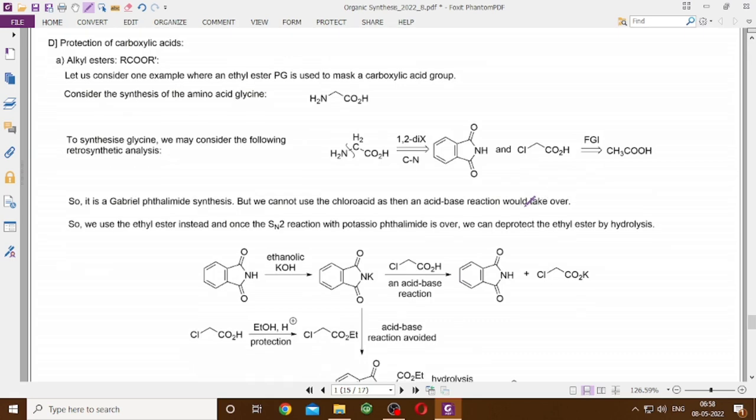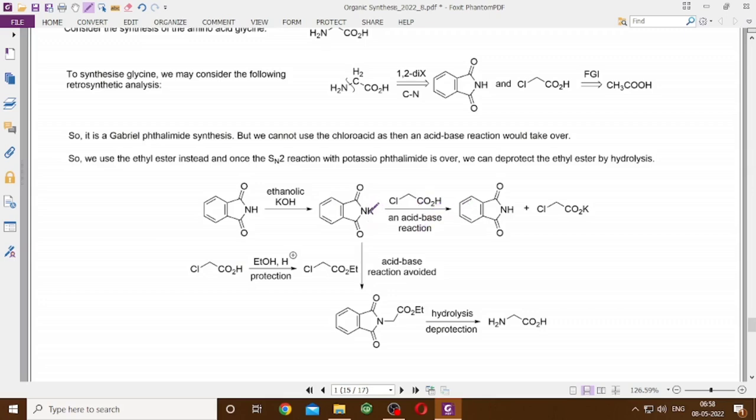So it's a Gabriel reaction, but the chloro acid cannot be used with potassium phthalimide, because if you do that, it will just undergo an acid-base reaction and you will not have your nucleophilic substitution. So this CO2H group is creating a problem. You need to protect it, and protect it in the form of CO2Et. This CO2Et carbon is also electrophilic, but because this is an alpha chloroester, this carbon is highly susceptible to SN2, and you don't have to worry about nucleophilic addition at this ester. You have created this by Fischer esterification of the chloroacetic acid, and then you are doing this with the potassium phthalimide,